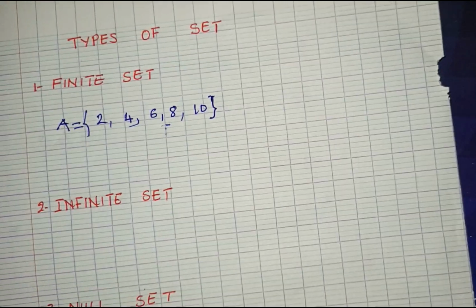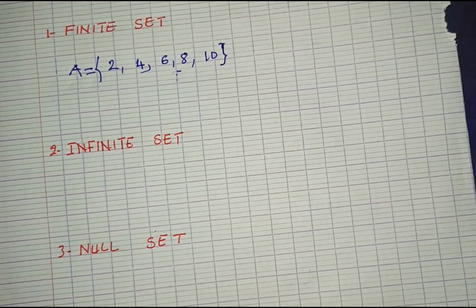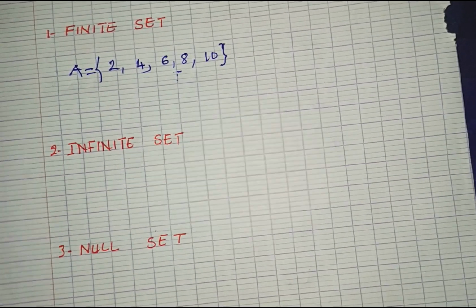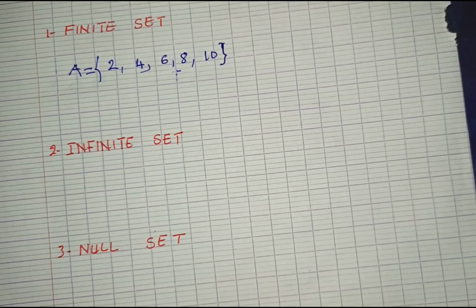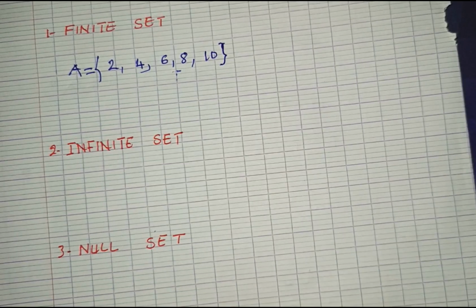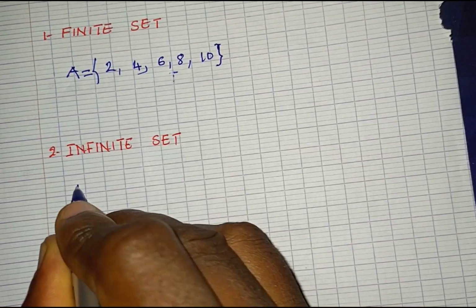When I go to the infinite sets, it's quite different from the finite sets. Why? Because in the infinite set, the last member is not known, and the last member cannot be found. It may be far away from the starting of the set. So when I take set B, for instance,